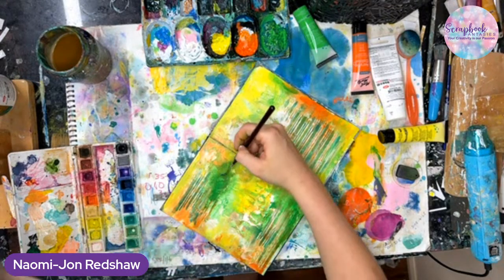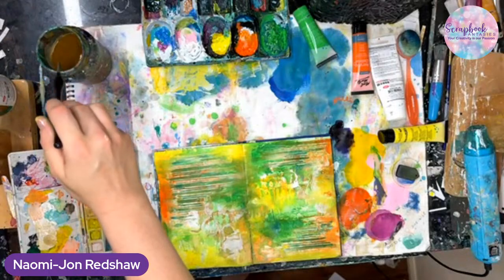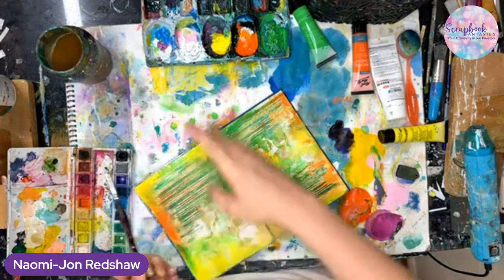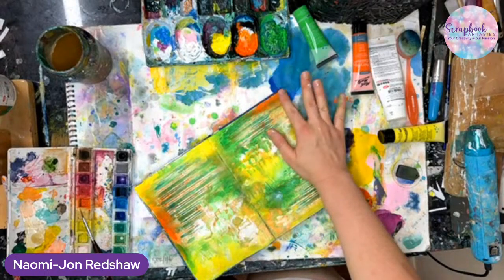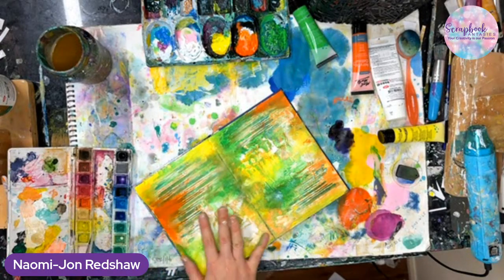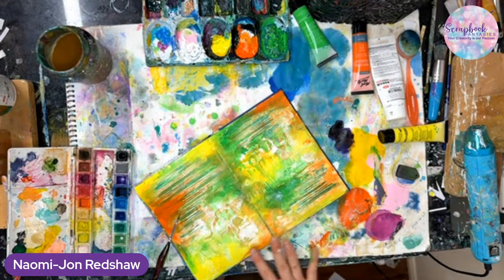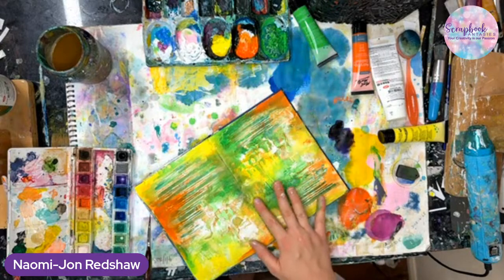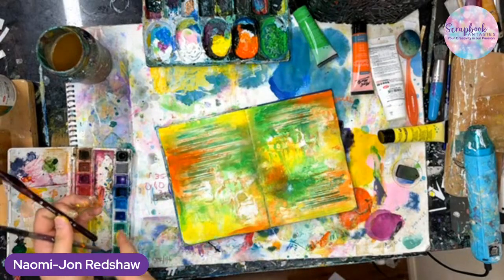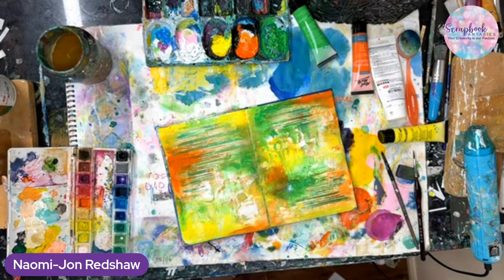Right. And then, so let's just come in. I'm still deciding what color I'm going to do the poppies. But right, aside, might just come and do a bit of that over here, bit of this over here. Unless, instead of doing what I've done with the stripes of the poppies, because it might make it a little bit too detailed, what if instead I went like, I got, one second,